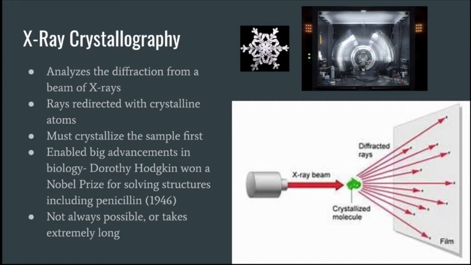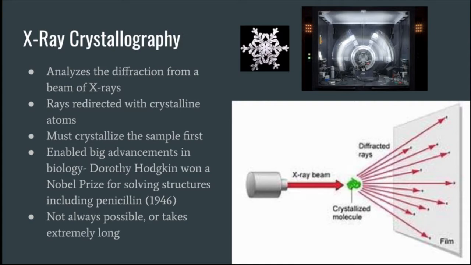After TEM proved to have some disadvantages, X-ray crystallography was developed. X-ray crystallography analyzes the diffraction from a beam of X-rays. These rays are redirected by a crystalline atom, and by measuring the angles and intensity of these beams, scientists are able to produce a 3D picture of the density of electrons within an atom. And using these values and this data, they're able to determine positions of atoms in a crystal, chemical bonds, disorder,